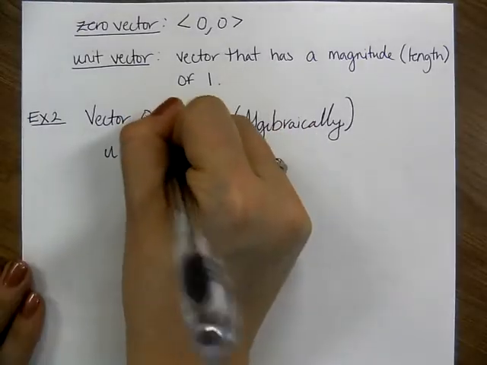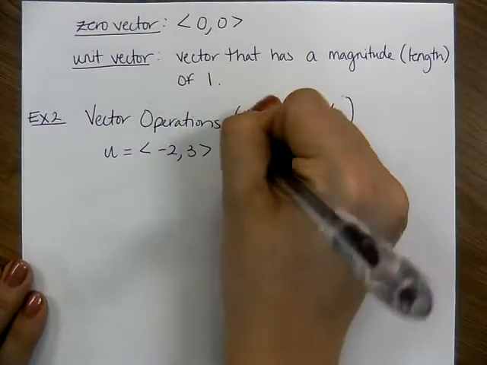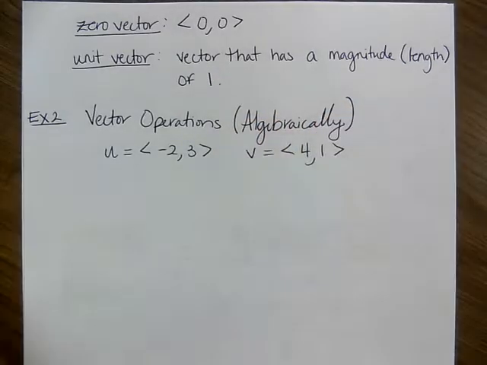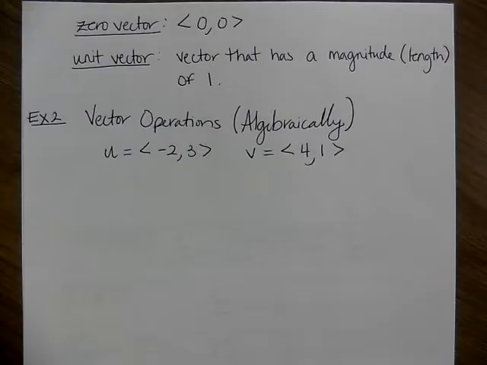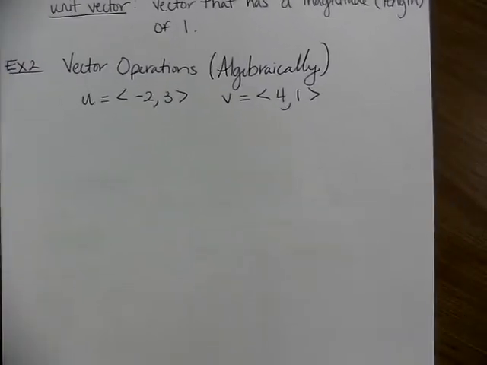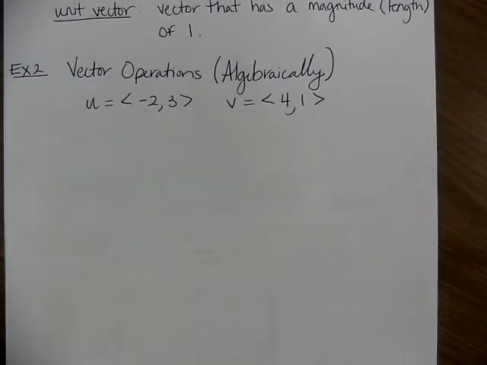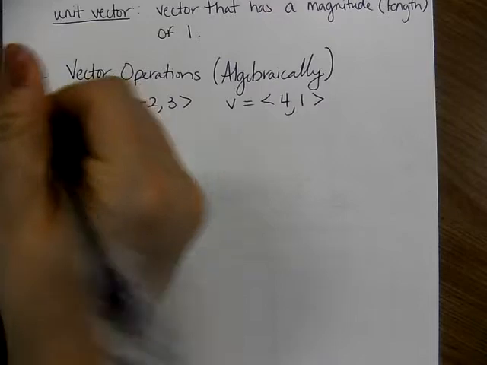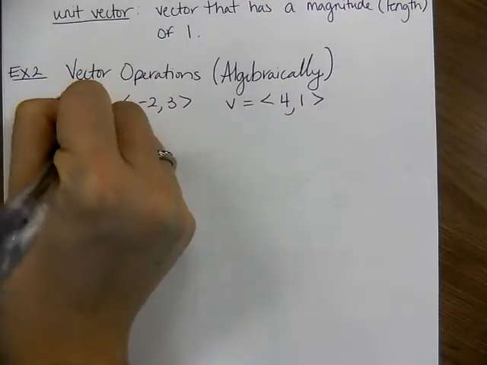Given these vectors, u is -2, 3, and vector v is 4, 1. These vectors have been given in component form. We don't have to find them ourselves. They've been given that way. If I want to do, let's call this A, u plus v,